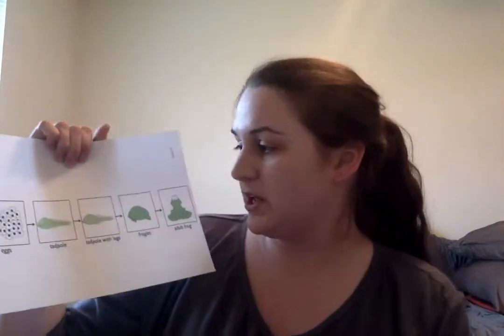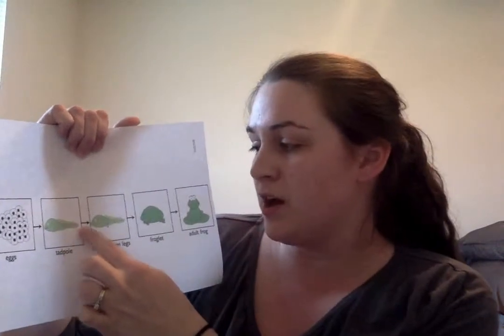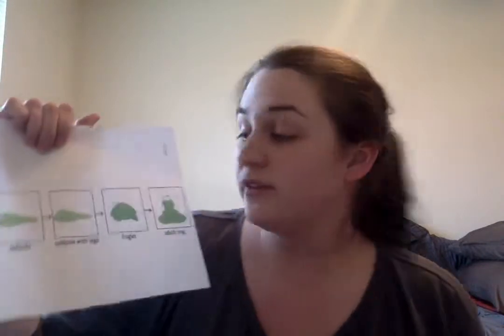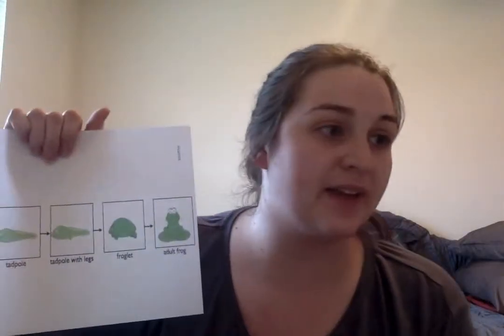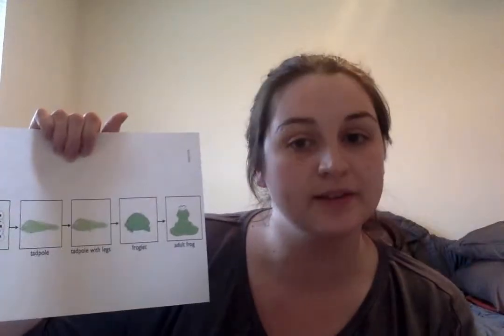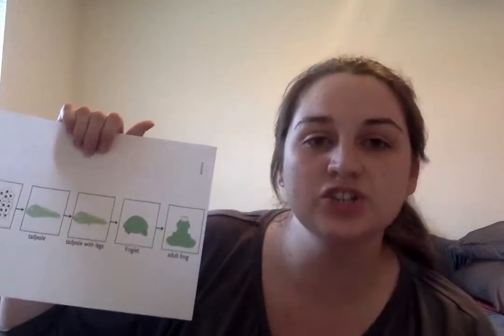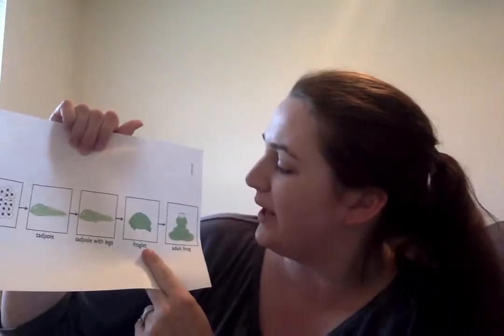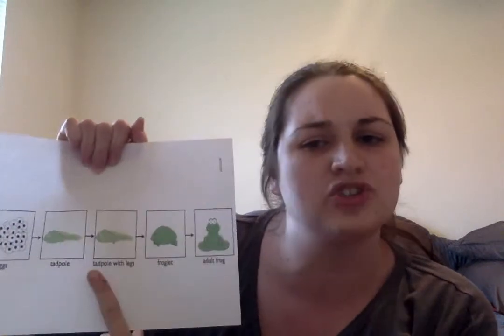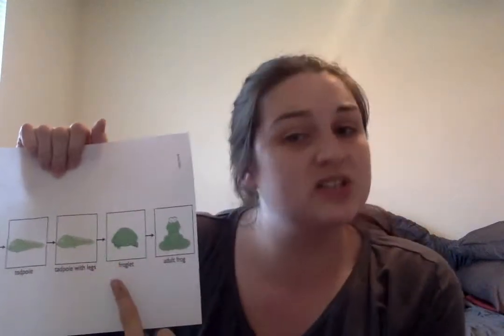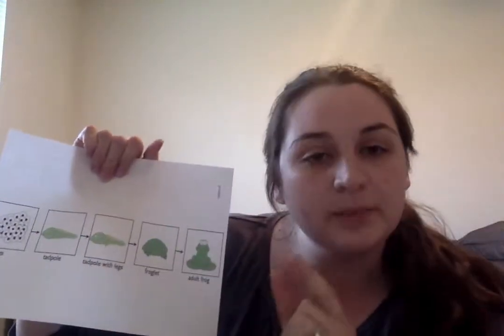That's the first phase. When it comes out of the egg, it has a long tail. The next phase, when you saw the change in the video, there were 2 legs on that tadpole. So we call it a tadpole with legs. Okay? And then next, when the frog changed, it changed into a froglet. Can you guys say froglet? Froglet. That means that it kind of looks like a frog, but it still is an interesting shape because it's changing from that tadpole shape into the adult frog. So it just looks a little bit different. Plus it has a little bit of a tail too.